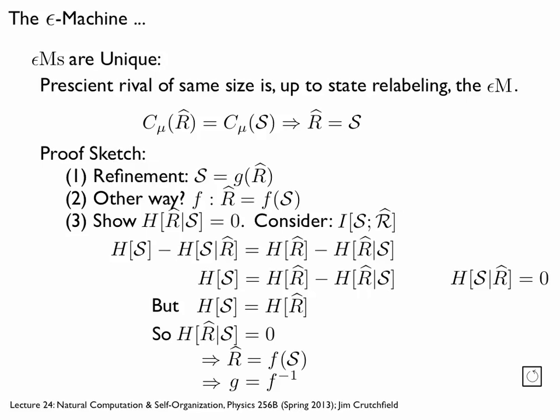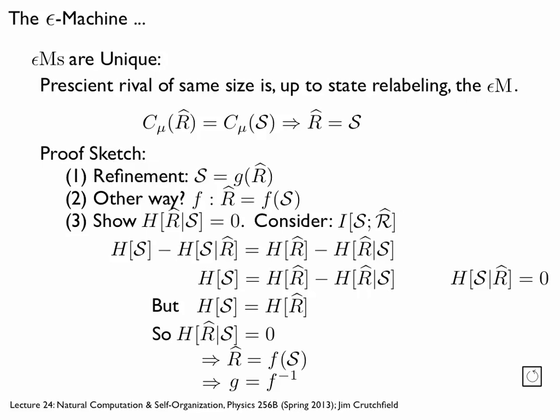you're in? One way to do this is not so much to construct these basic histories, but just to look at this measure of uncertainty. We're going to claim that there is such a function if we can prove that this entropy, this uncertainty in which rival cell I'm in, the rival state, given I know what causal state I'm in, is zero.